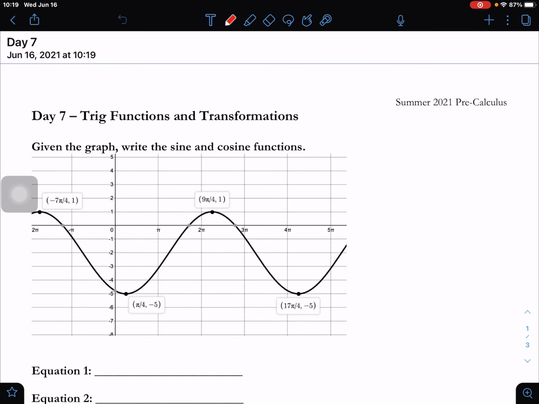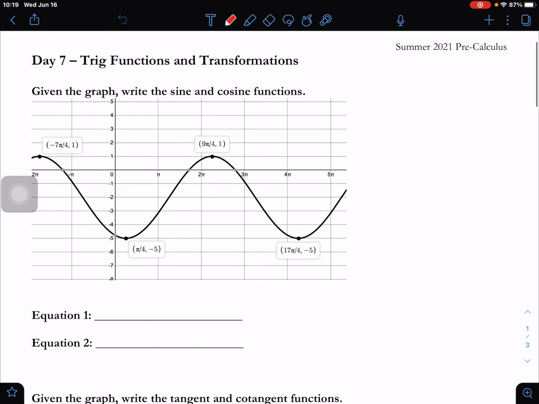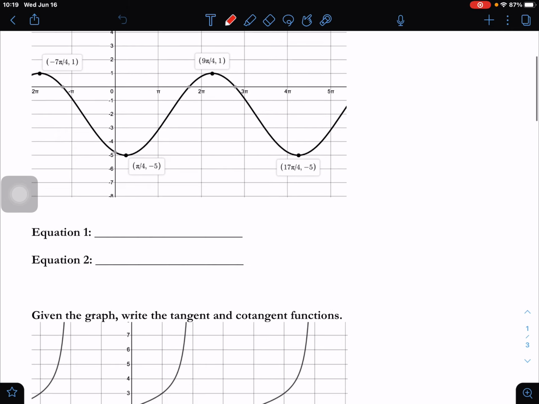Okay, day 7, trig functions and transformations. Given the graph, write the sine and cosine functions. Alright, so, okay, so for